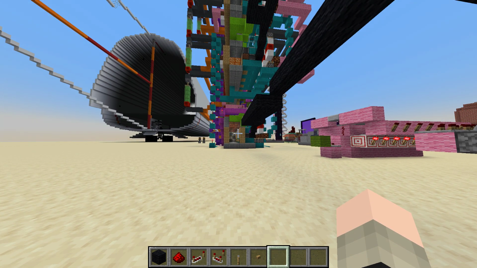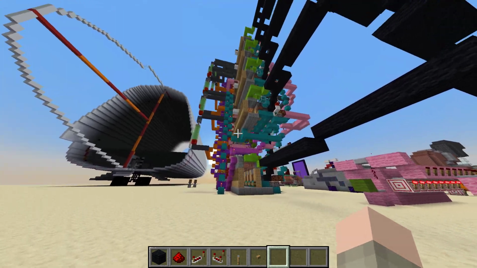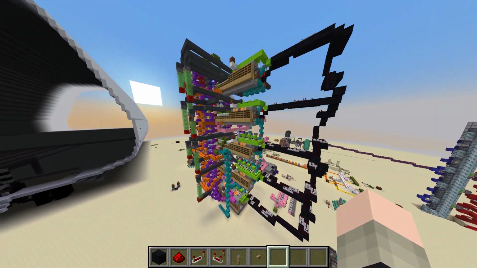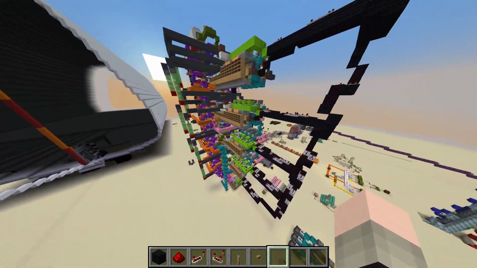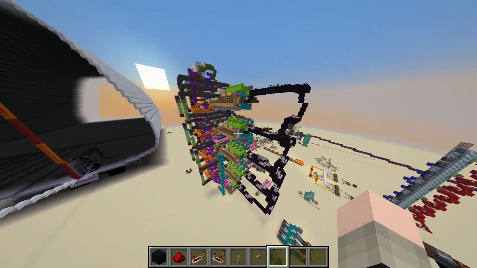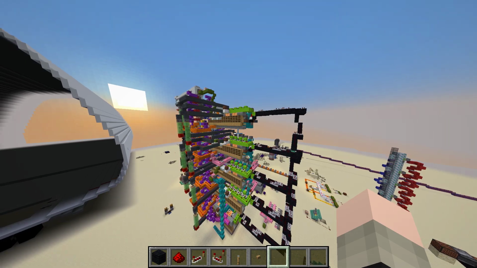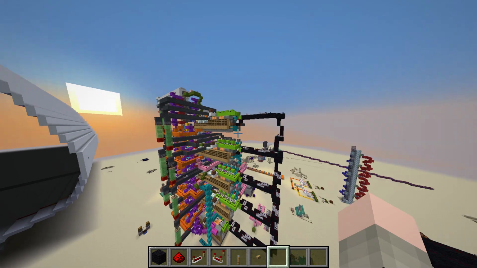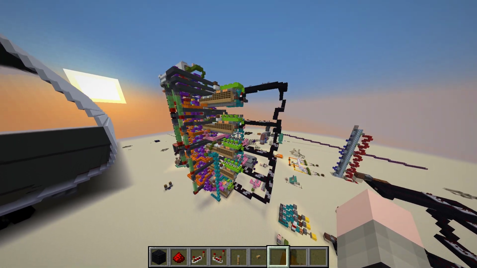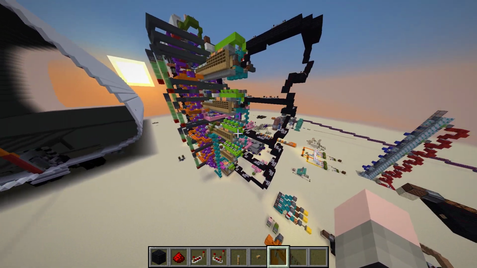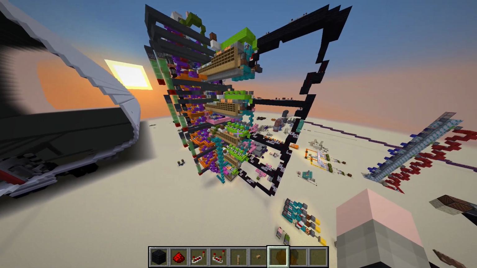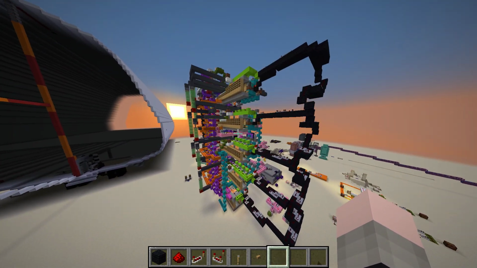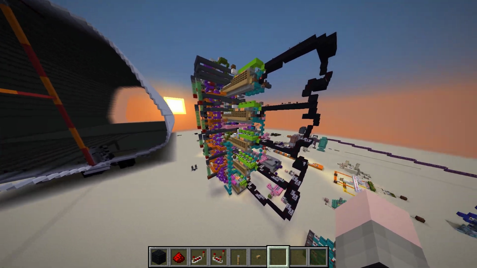Alright, hello everybody. Today I want to show you my redstone elevator. This is something I've been working on for a little bit, and I thought I'd share the design and explain how it functions, including all of the components that I use to make it work. My hope for this video is that you take something cool away from this, maybe a specific component that can work for you in your project, or this can serve as a form of inspiration for something you want to